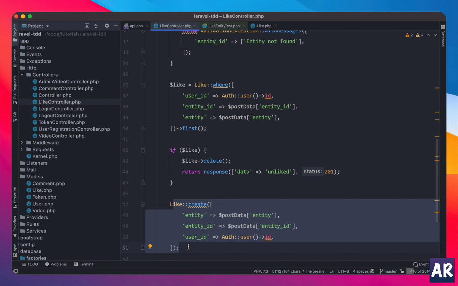But I have not incremented the count of the video by 1, or decreased the like count in the videos table when the video is being unliked. But still, I need that count, right? Now you can do one more thing, which is to call a function which does an update to the video row. But then